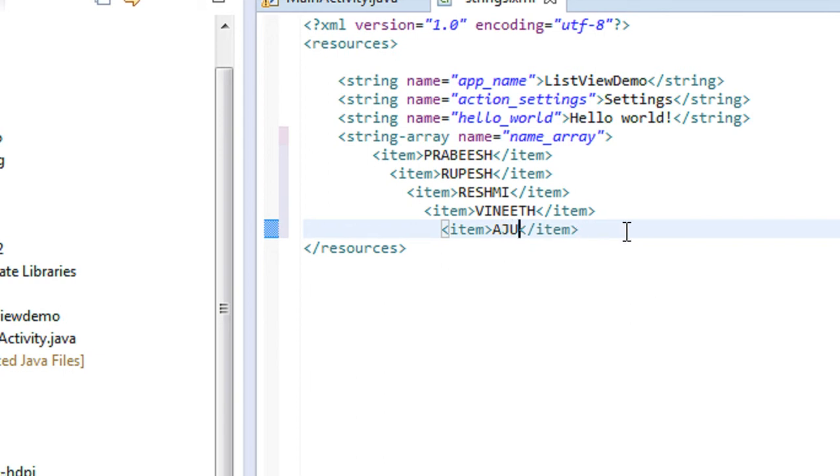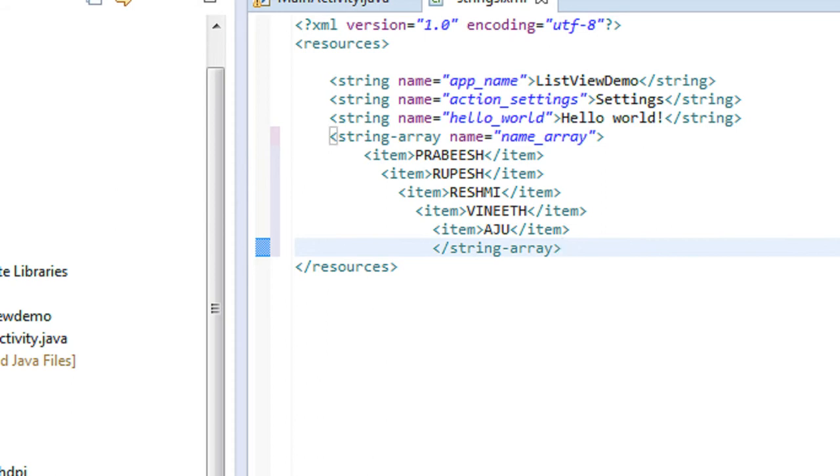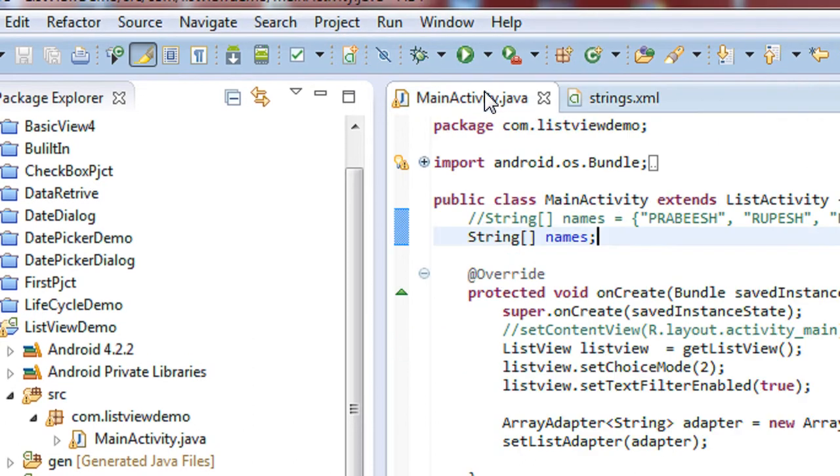Okay, I just added some names in the string.xml file in a string array. I have to close the string array here. Okay, now go to the main activity.java file.